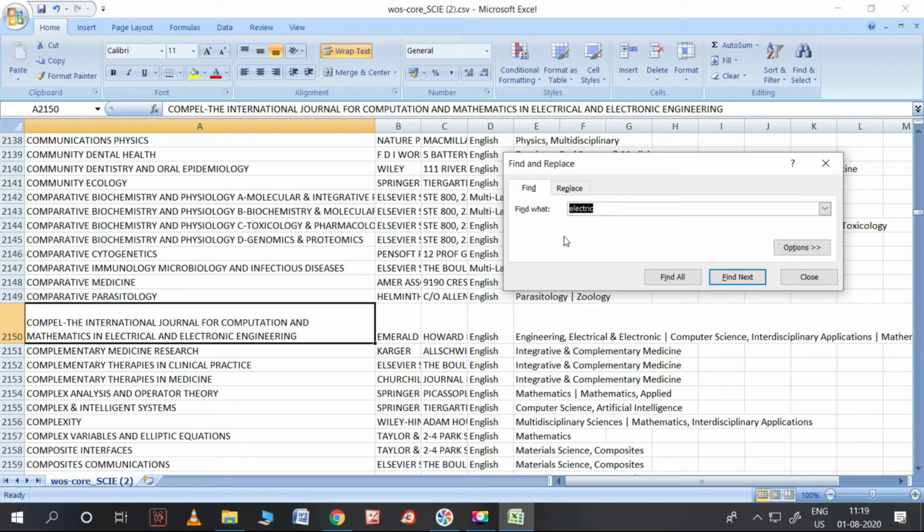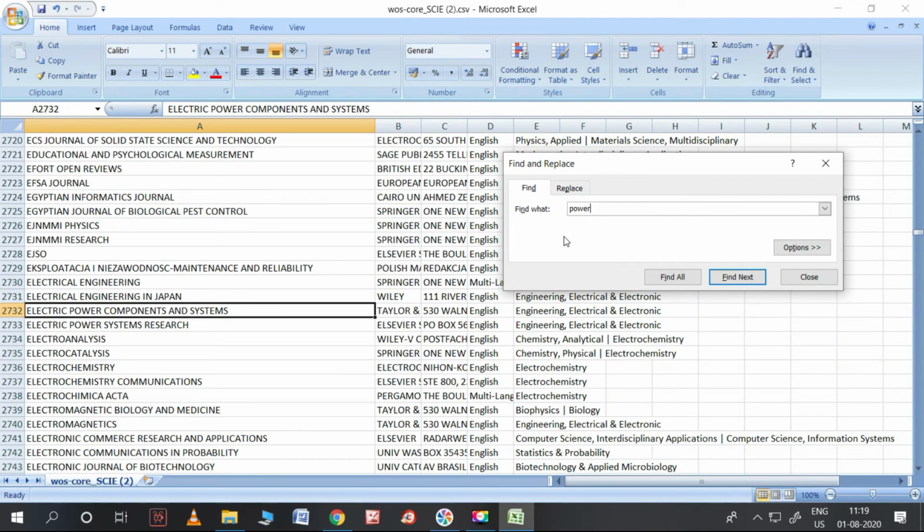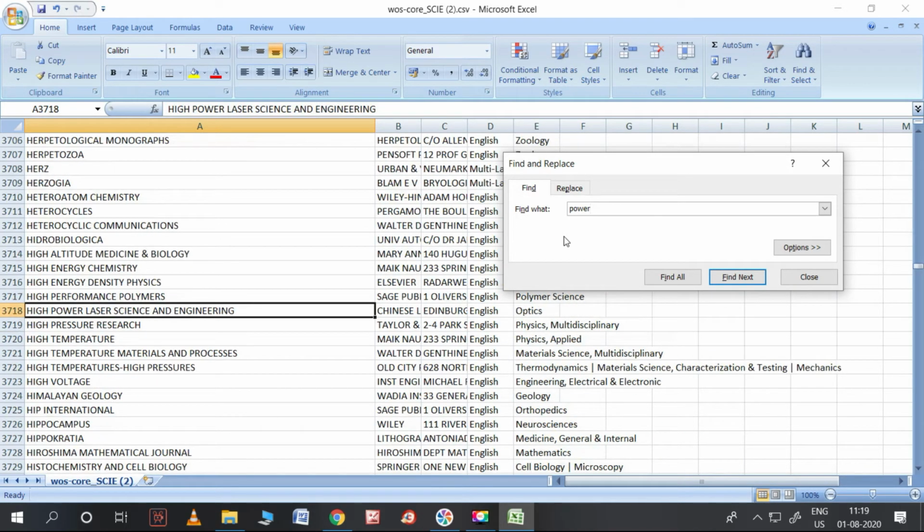So let me search with some other name, power. Yeah, CSEE, this is the Chinese journal, CSEE Journal of Power and Energy Systems. Next, Electric Power Components and Systems, Electric Power Systems Research, this is from elsewhere, High Power Laser Science and Engineering.